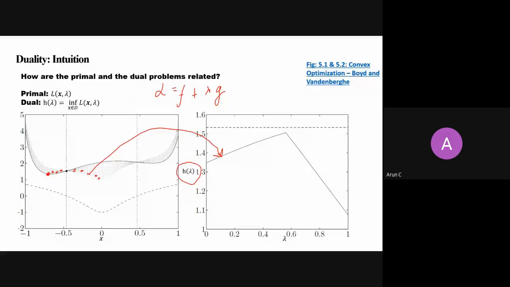This is known as duality. The dual function is always concave, right? And if it is concave, then we can apply all the convex optimization properties here, and the maximum will be a global maximum. So any maximum will be a global maximum. That is the advantage here, right?